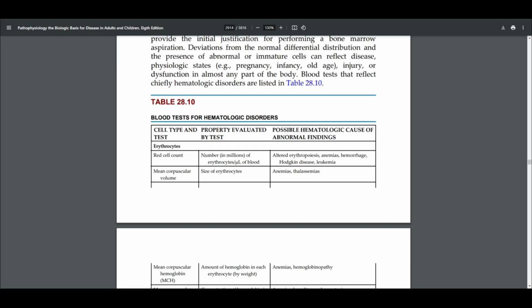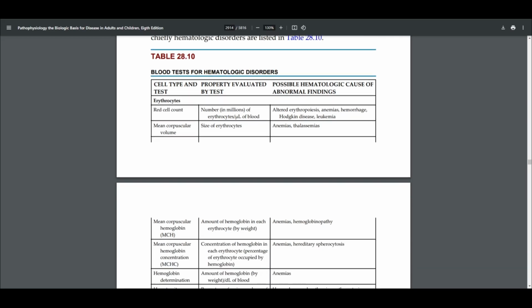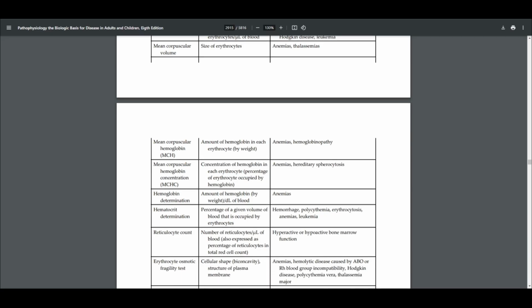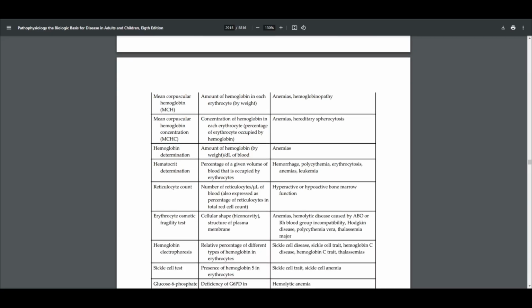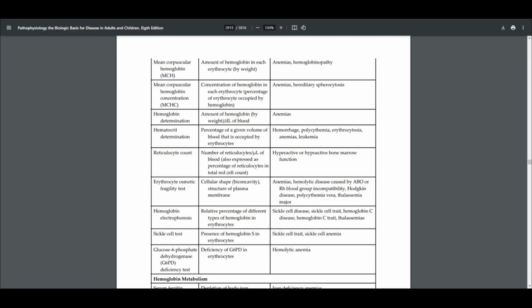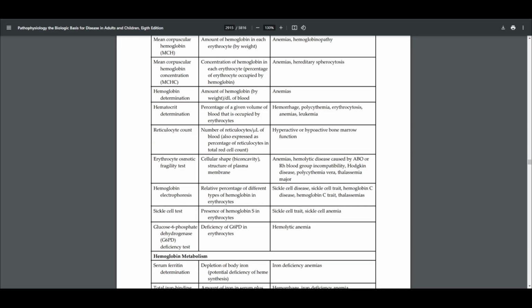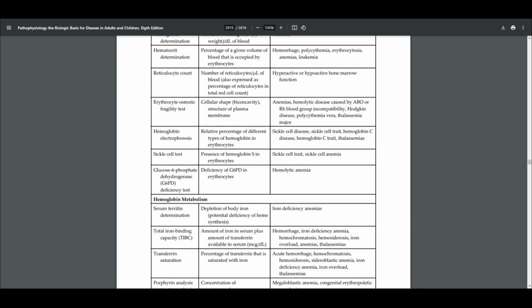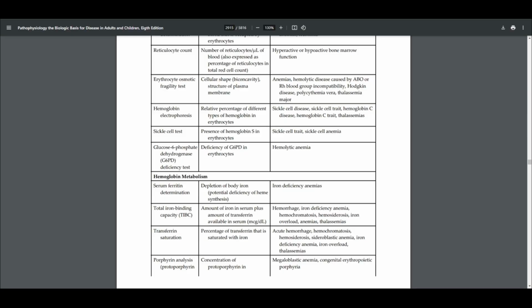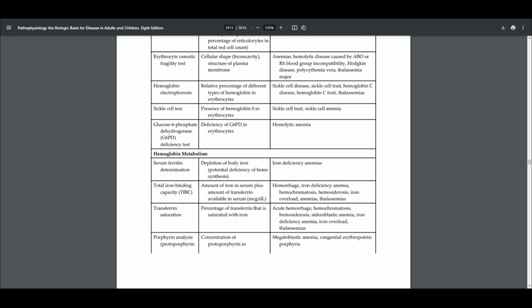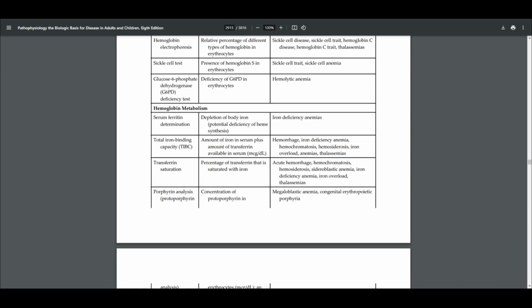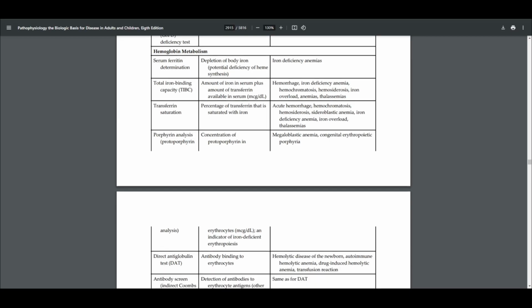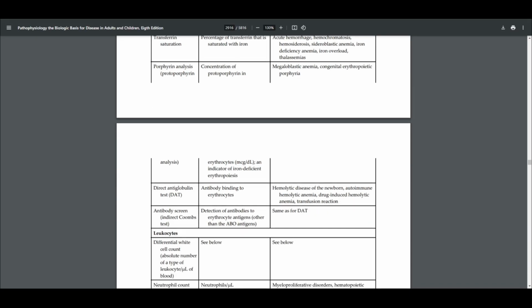So here in this table, you'll see all the blood tests for hematologic disorders. The ones that we would most likely expect to see would be the red cell count, your mean corpuscular volume, mean corpuscular hemoglobin, the mean corpuscular hemoglobin concentration, hemoglobin determination, hematocrit determination, reticulocyte count, erythrocyte osmotic fragility test, hemoglobin electrophoresis, a sickle cell test, glucose 6 phosphate dehydrogenase deficiency test, and then hemoglobin metabolism. So your serum ferritin, your total iron binding capacity, transferrin saturation, porphyrin analysis, a direct antiglobulin test, antibody screening,